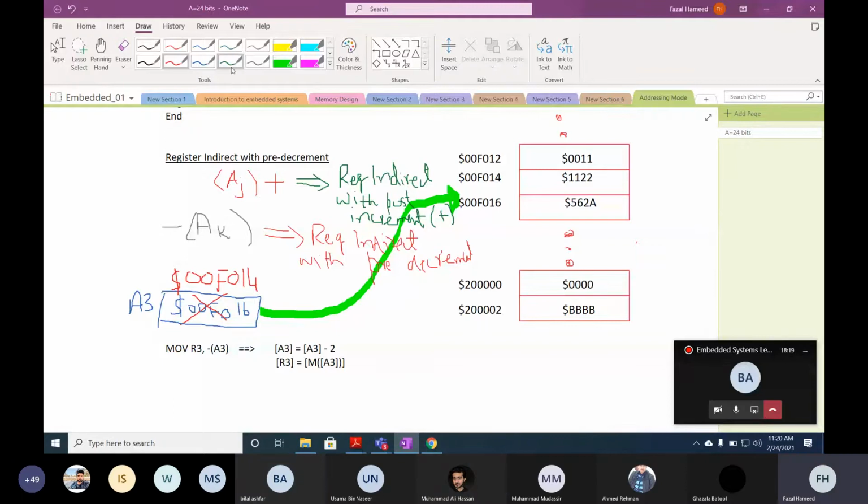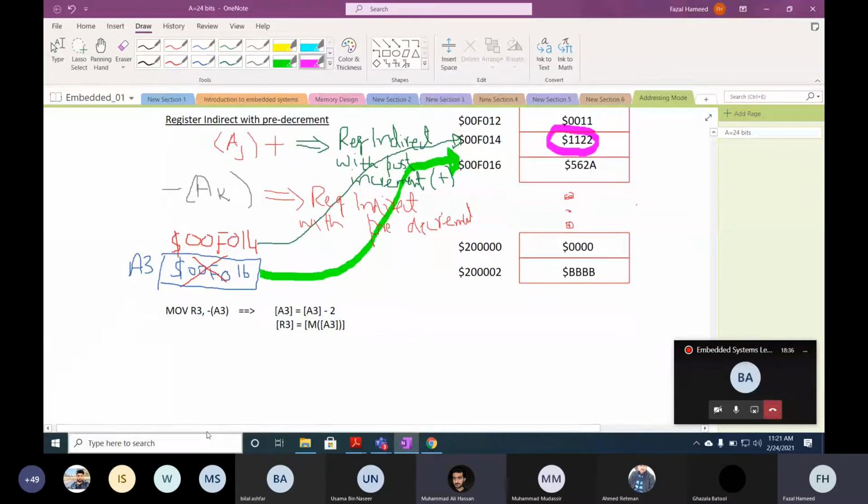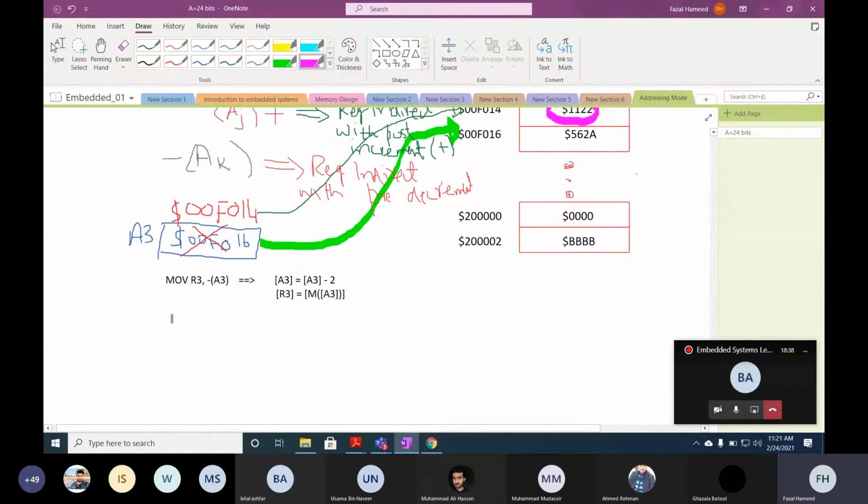So it is pointing to a new memory location, this memory location. And our operand of interest is $1122 instead of 562A.